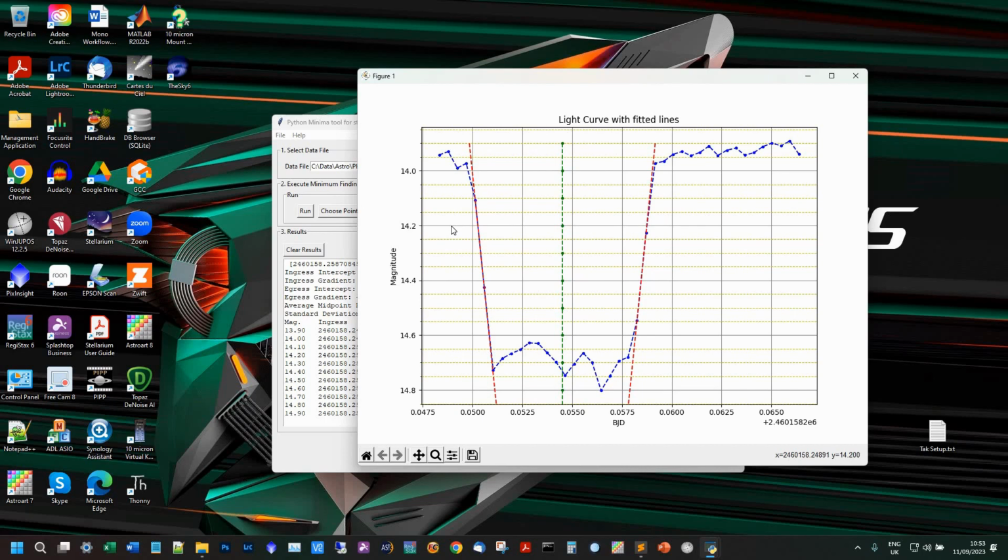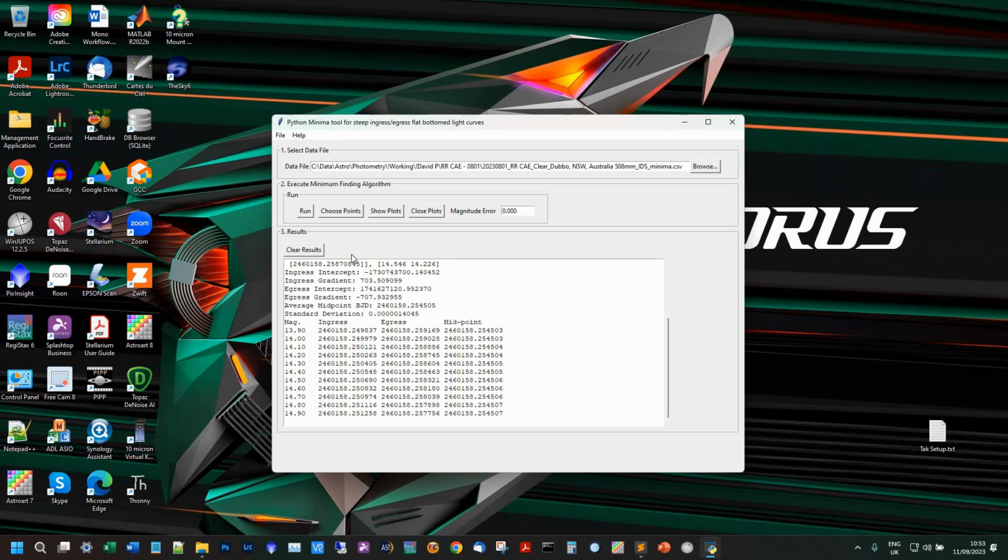Now sometimes it chooses points that you perhaps don't like as much as two other points, so there is a feature where you can choose the points and just click on them and manually choose the points where the lines are chosen, but that's fine. And so this is the BJD of the center. And what we also do is that we look at the uncertainties of the magnitudes, and then we put a number in, like maybe 0.05 or something like that, rerun the algorithm, and then that gives us an idea of